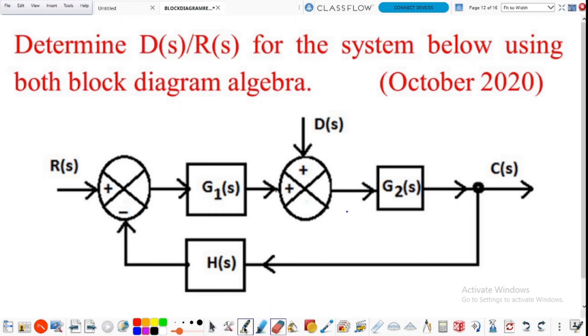To determine C of s by D of s value, this input is considered as 0. This input is considered as 0 means neglecting this summing point. Now here the negative feedback is there, so this negative sign is considered here as minus. So the equivalent block diagram is